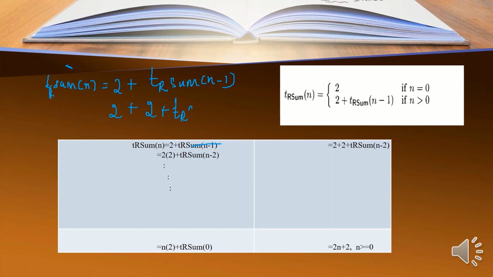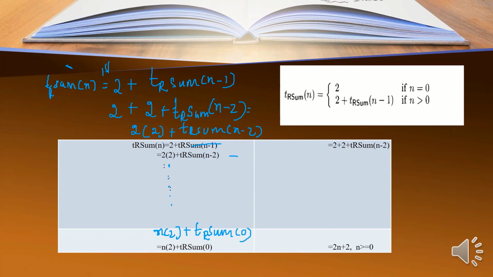So for the second iteration, you are getting 2 into 2 plus T_RSum of n minus 2. That is for the first iterations. For the nth iteration, you get n into 2 plus T_RSum of 0, as T_RSum will go down to the value 0.